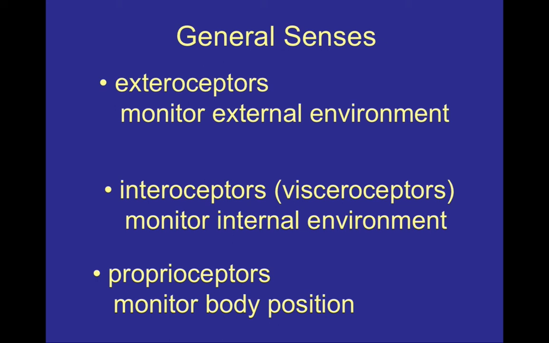Proprioceptors are another type of receptor that we have in our bodies. These are located in muscles, tendons, joints, as well as in the inner ear. These types of receptors give us information about our body's position. The particular muscle length, or perhaps the tension in our muscles, are two types of stimuli that will be sensed